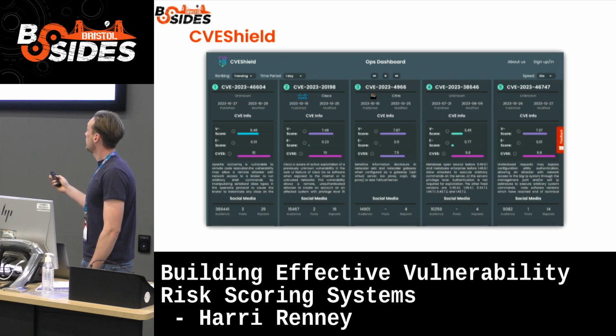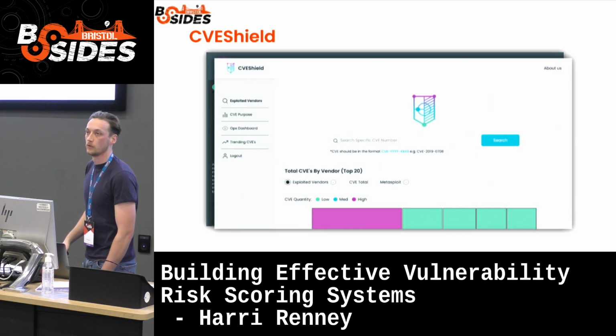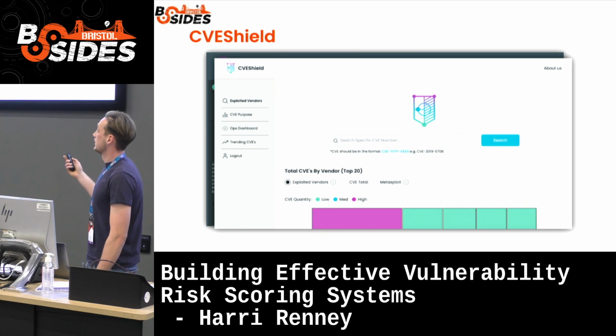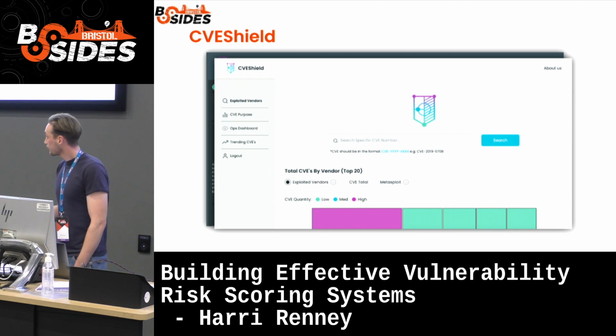You can come on there for free. And if you wanted to have a look at a more detailed breakdown of all the vulnerabilities, it's again free, but you can sign up for an account and go and search. It's basically a database or search engine for vulnerabilities that you can go and explore.